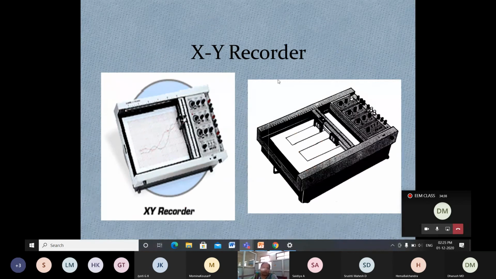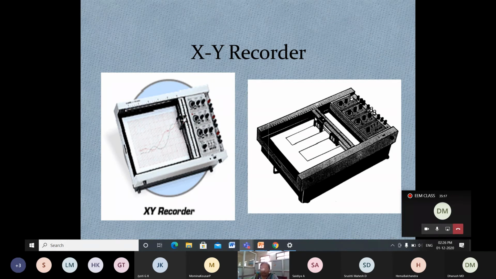This is a small example of a previously used XY recorder. Observe here, I hope you can see two pens are connected. Two graphs, here a red color and here a blue color. Different values are going to be displayed, which means they are recorded. We may use ultraviolet lights, but it's a heavy cost. A normal pen and paper is small, cost-wise also small. When I go with ultraviolet lights to record the information, the cost will be somewhat high.